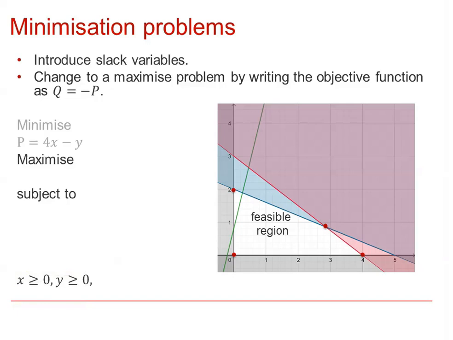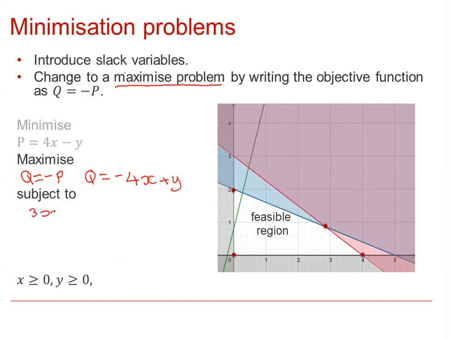The simplex method maximizes the objective function, so we need to change this problem into a maximum problem. And we do this by writing the objective function, which can be seen here, as Q equals minus P, which means that Q is in fact minus 4x plus y. So we now want to maximize Q, which equals minus 4x plus y, subject to the constraints